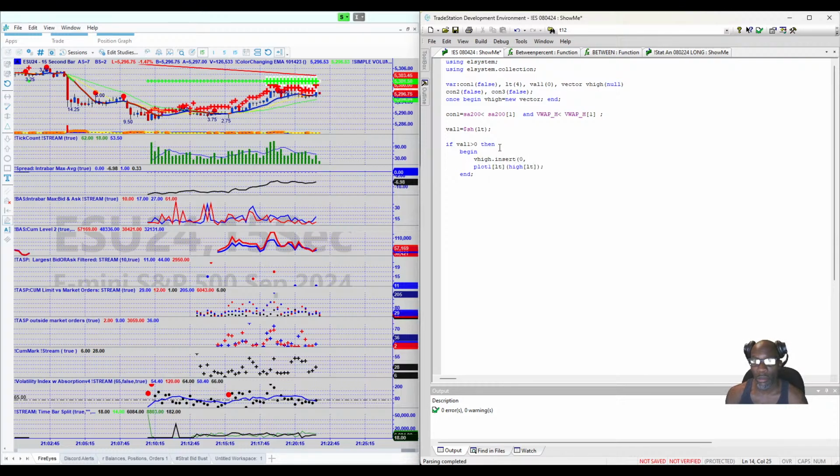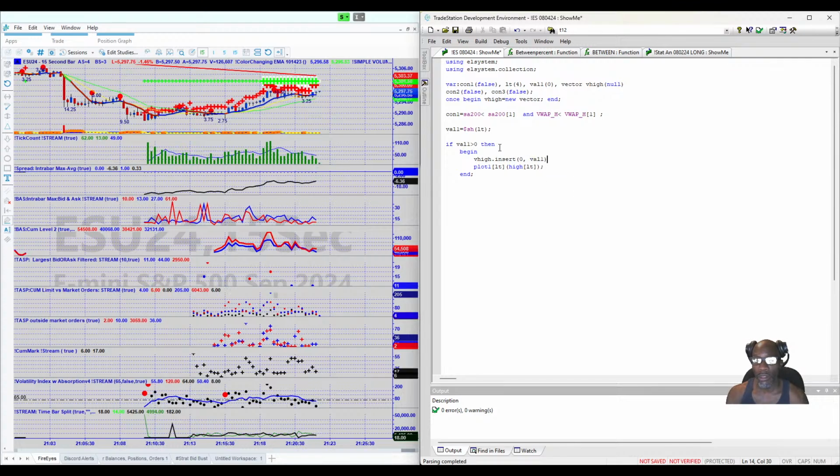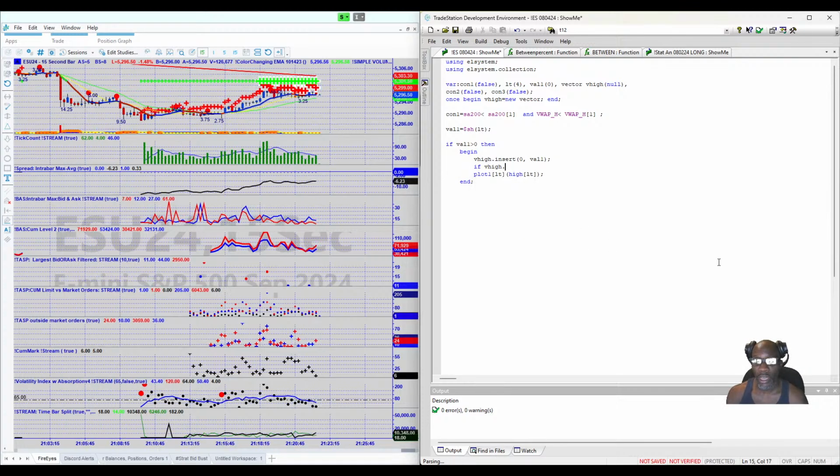It's not pulling up, so I feel like I missed something there. v-high.insert. Oh yeah, I don't have a comma. Insert dot val1. Okay, so I need a comma there. All right, so that's going to insert into our vector. And if we get to a certain number of vector plots, then let's go ahead and delete some. So we don't want to store any more than 5 of the most previous highs. How about that? So if v-high.count is greater than 5, then